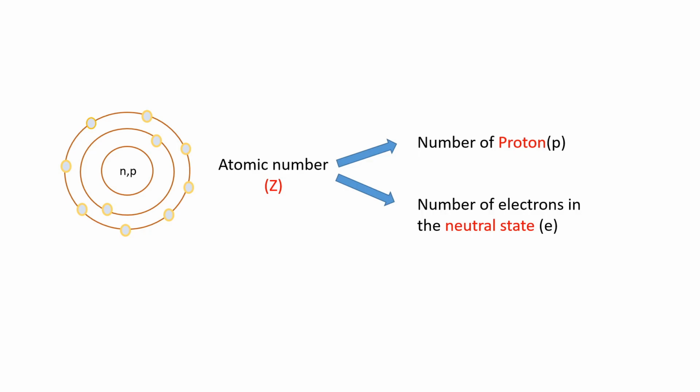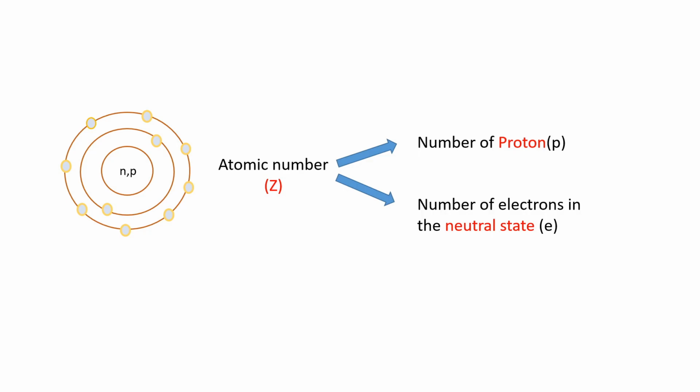For this, as I had said earlier, electrons have the ability to leave or come back to the orbit or orbital. So if an electron leaves the orbit or an extra electron comes into the atom, the atomic number does not change and remains the same. And as I also mentioned earlier, the number of protons and the number of electrons are equal. So whatever the number of protons or electrons, that is the number of your atom. That is the atomic number.